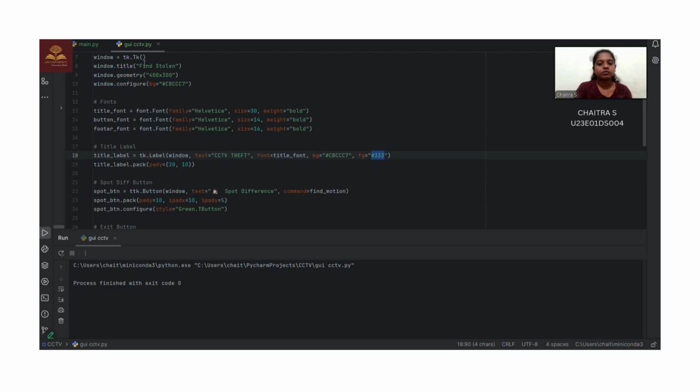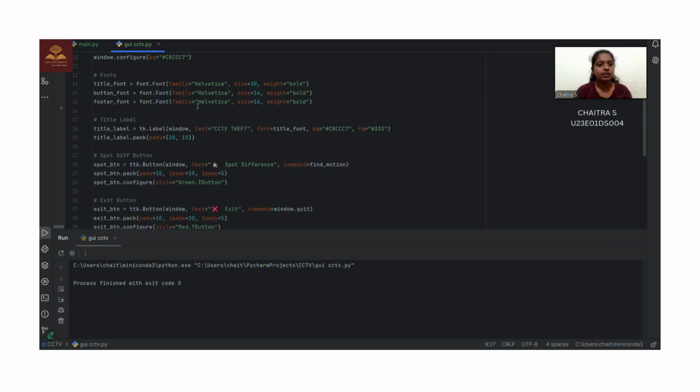Window.configure background is equal to gray. This is a code given as gray which represents the color. BG represents background. So this totally sets the background color of the window to light gray. Then fonts.